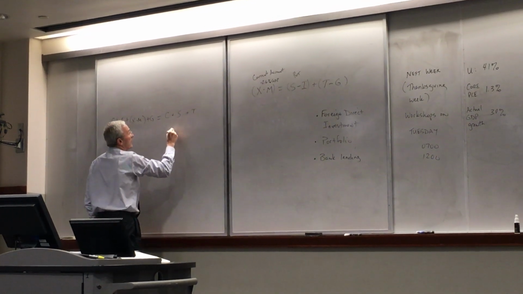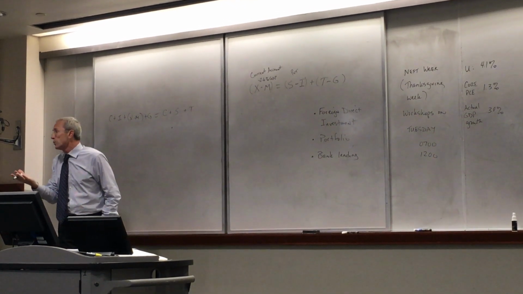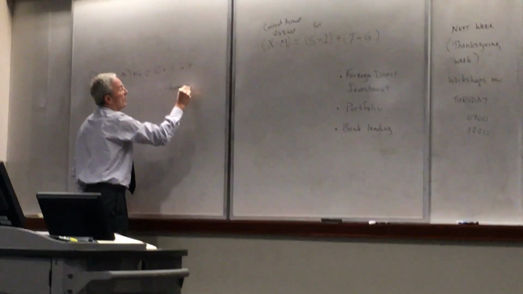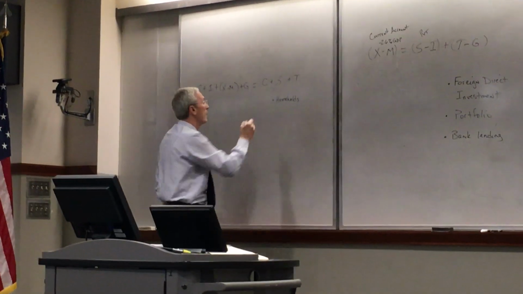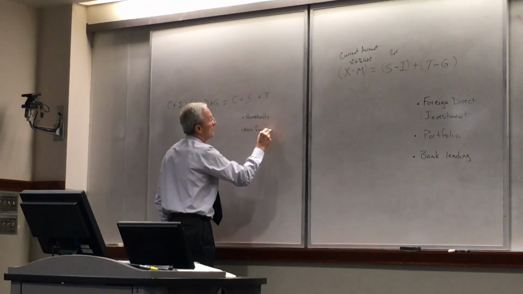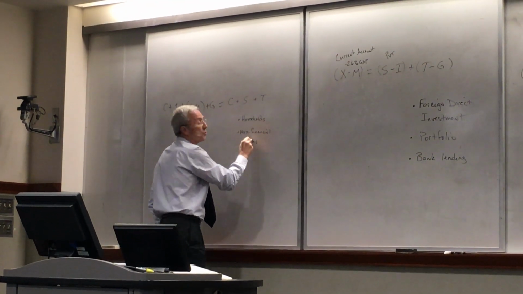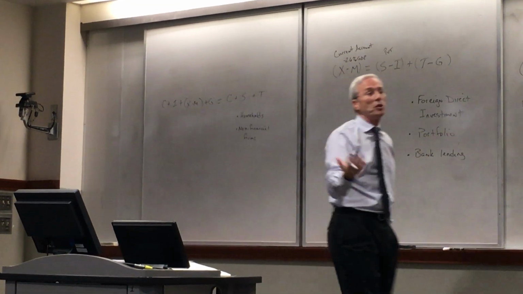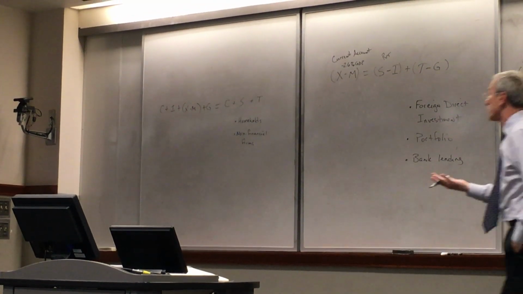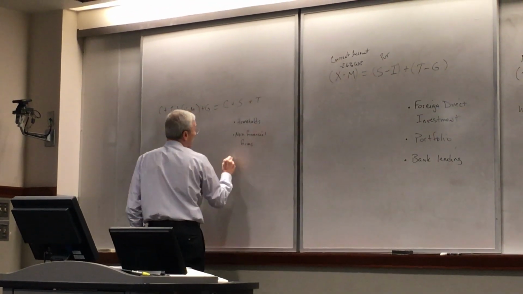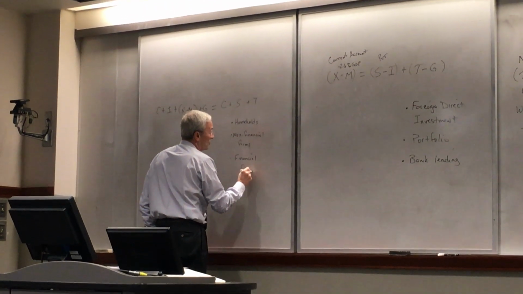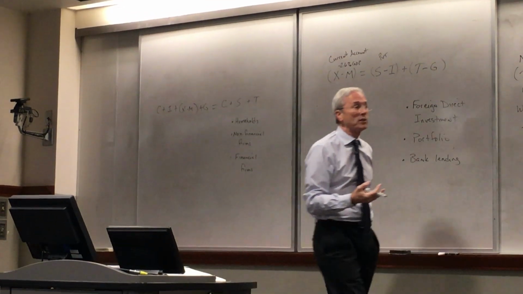So those savings, who does the savings? The savings can be households, that's you and me. It can be non-financial firms. So when Apple makes a ton of money and it has this huge cash pile and it doesn't know what to do with it, that's savings by a non-financial firm. Or it can be savings by financial firms. Citibank has a big cash pile it hasn't invested.